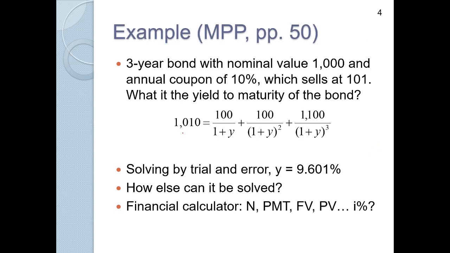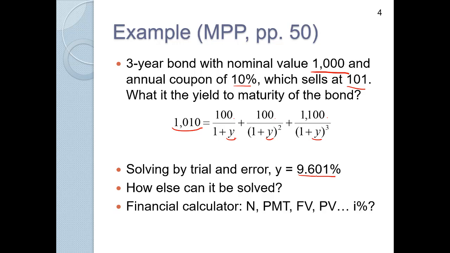So in here we have a bond. This bond has a par value of 1,000, pays 10% coupons, and it sells for 101. So in here I'm going to put this in thousands. So this would be the price. These are going to be the two coupons, and here the par value plus the last coupon. And the whole idea is, okay, how do I solve for Y? So there's going to be one Y that we solve by trial and error, and then we're going to get that the Y to solve for this is